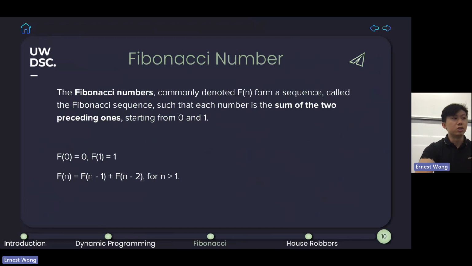So here's the problem for Fibonacci. I'm sure you guys are aware of what Fibonacci numbers are. It's a sequence where the first 2 numbers are 0 and 1 if you start from 0. Any number after that is defined using this relationship: f of n is equal to f of n minus 1 plus f of n minus 2. So f of 2 would be equal to f of 1 plus f of 0, which is 1. And f of 3 would be f of 2 plus f of 1, which is 2, and so on and so forth.